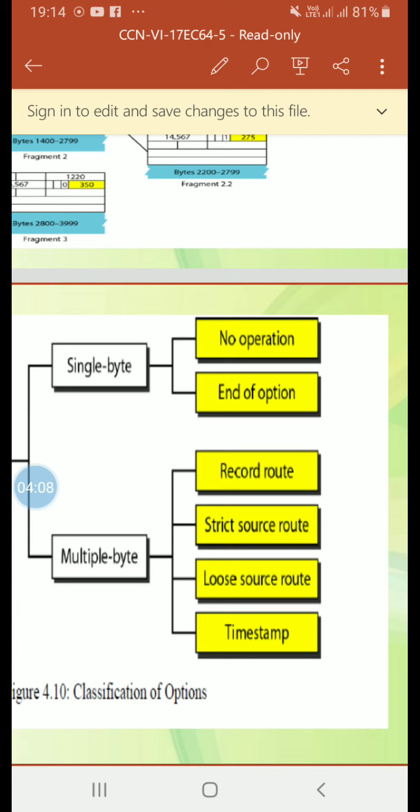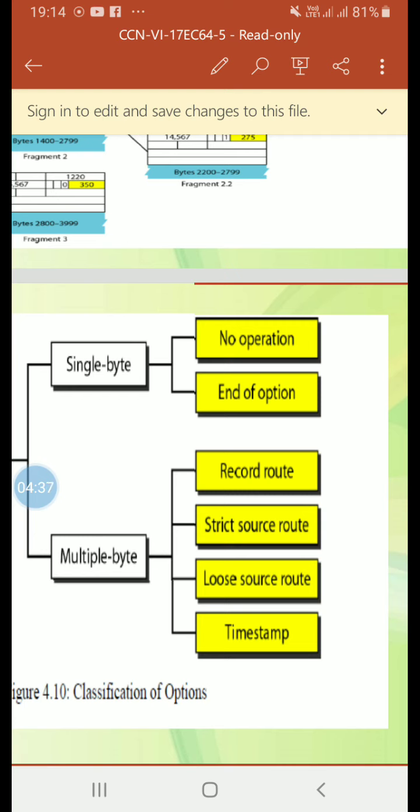Next, we'll see about timestamp. It is used to record the time of datagram processing by a router. Time is expressed in milliseconds from midnight. The users and managers can track the behavior of the routers in the internet if the time when a datagram is processed is known.